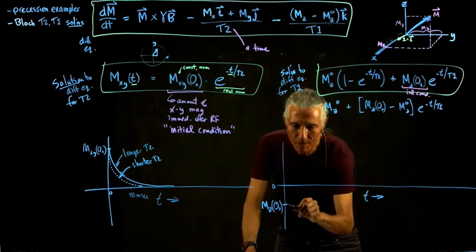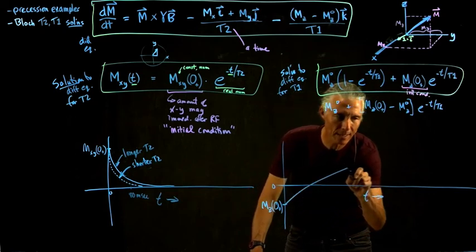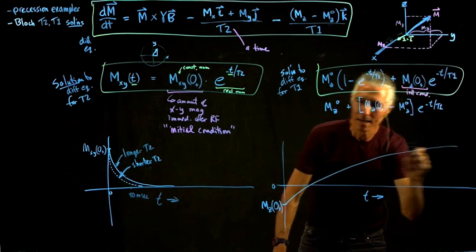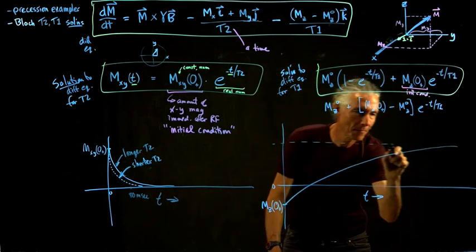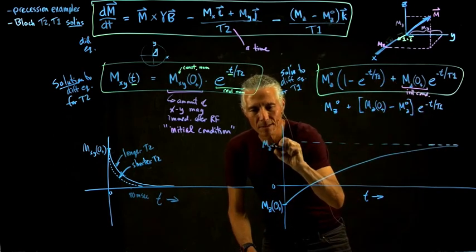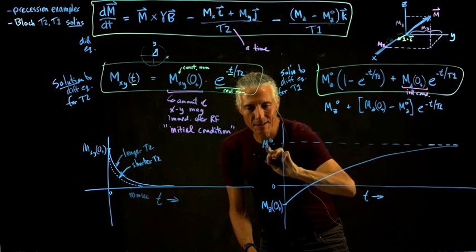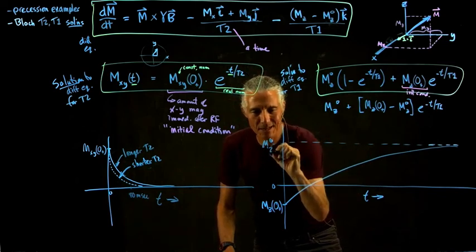So if you look at this one, what this one will do is go up much slower. Still, it's an exponential-like decay, and what it's heading up toward is mz0. And why is that? So let's just quickly, in the last minute, look at